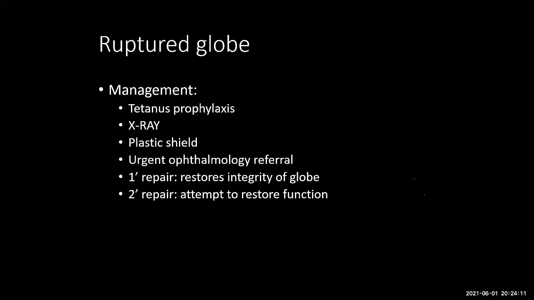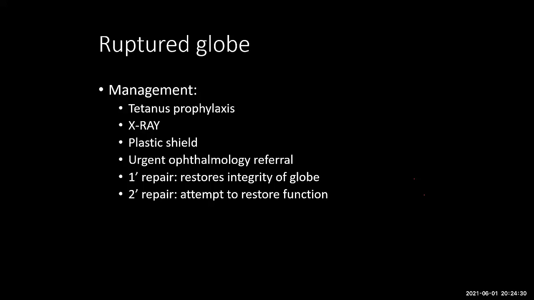And then all you need to do is put a plastic shield on and urgently refer this patient to the eye department. Try not to put any antibiotic drops or exert pressure on the eye,